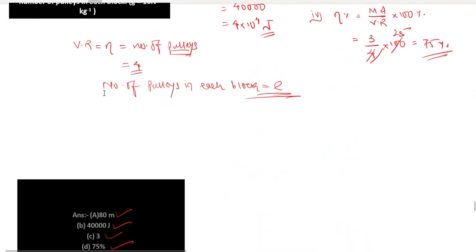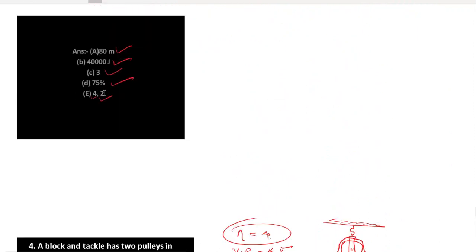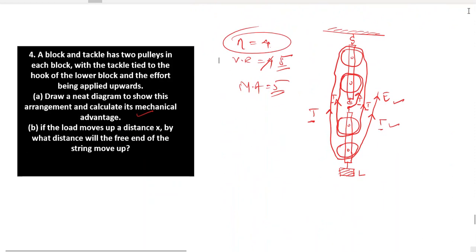So these were all the solved examples from part B of physics chapter 3, machines. Pulley is fully covered. Now attempt all the questions in the exercise, and in the next video maybe I'll be covering your doubts, and then we'll be moving on to chemistry. We have to start chemistry. It is high time now, so please finish the exercise as soon as you can.